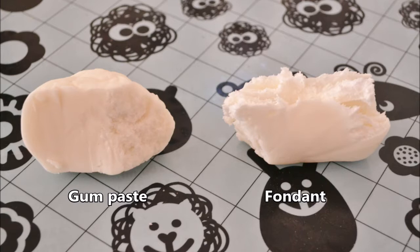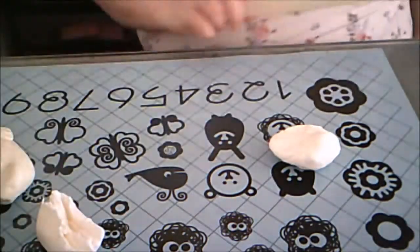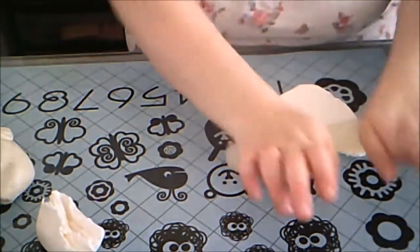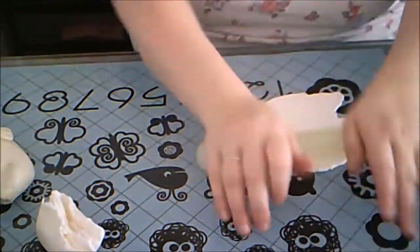The difference is mostly texture. Fondant is softer and more pliable, while gum paste is stiffer and sets up faster and harder. I will first show gum paste. You can also form your fondant into a texture more similar to gum paste by adding Tylo powder to it,